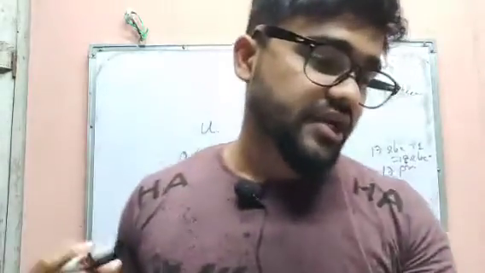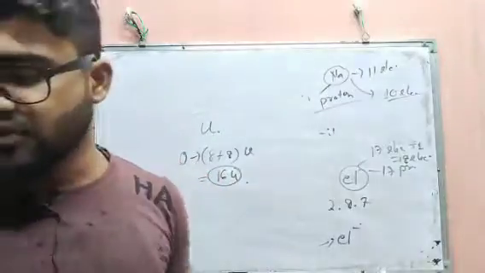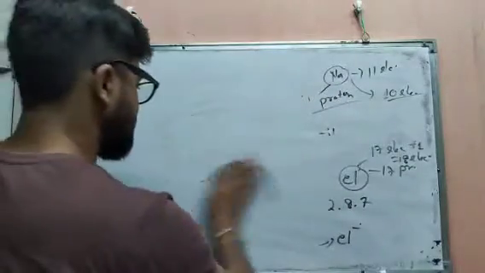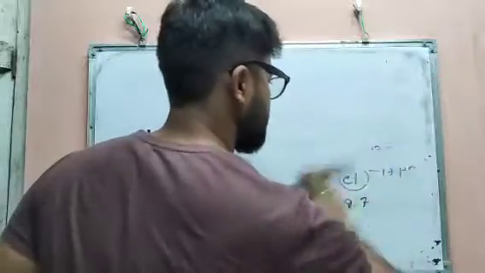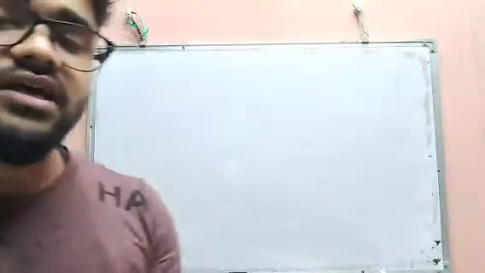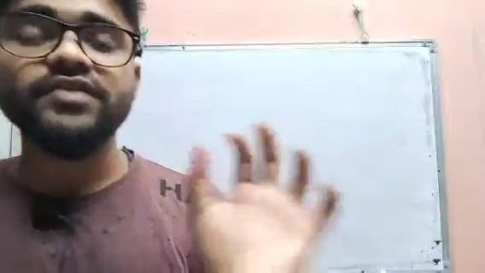Then we have one other concept, which is molecular mass and the mole concept. So what is molecular mass? In the word the answer is lying. For atomic mass we see the mass of the atom, and for molecular mass we see the mass of the molecule. A molecule is when 2 or more atoms of the same or different kind are forming together. And when 2 or more different atoms are combining, they form a compound.